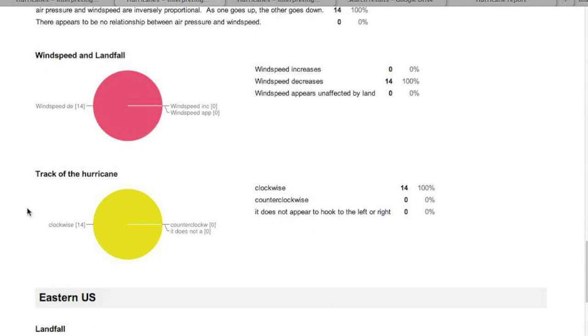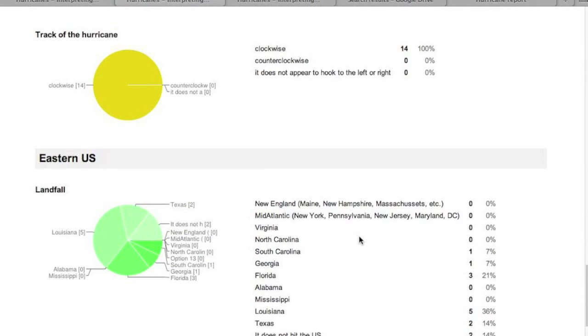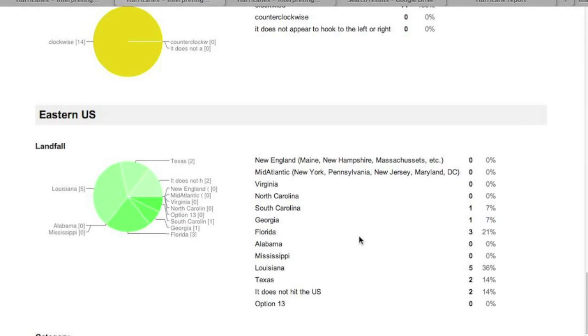Finally, in terms of the track of the hurricane, in other words, the actual path of the hurricane, does the hurricane go straight, or does it tend to arc to the right or to the left? In other words, does it tend to go clockwise or counterclockwise? And in terms of their tracks, 100% of the people said that indeed the hurricanes appear to track in a clockwise direction. And finally, they were noticing that, of the hurricanes that they tested, the landfalls were